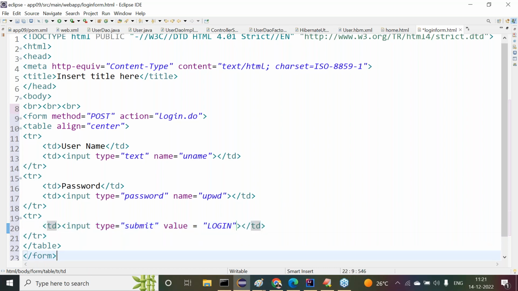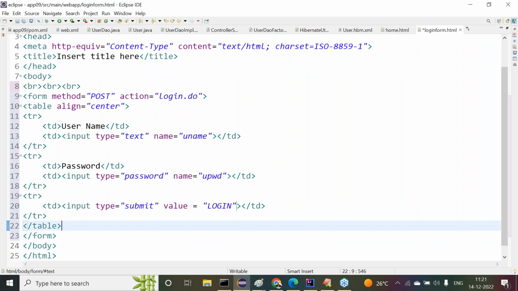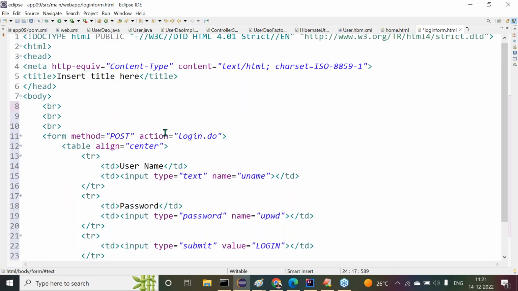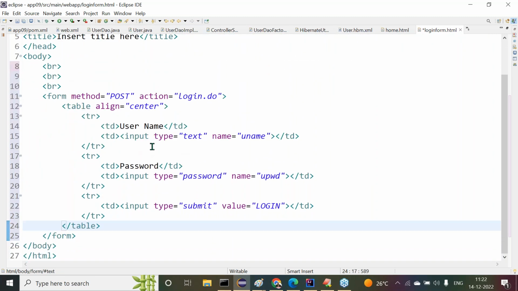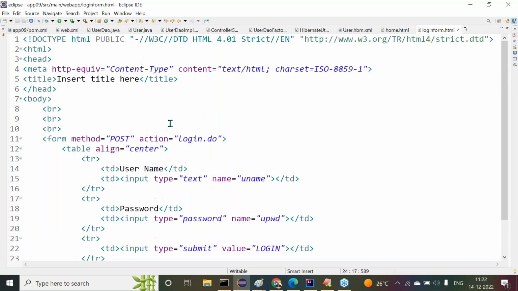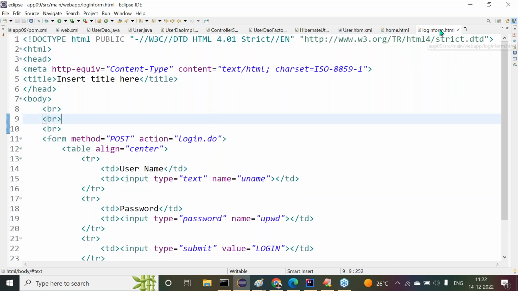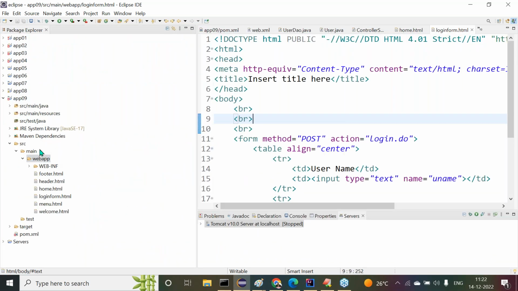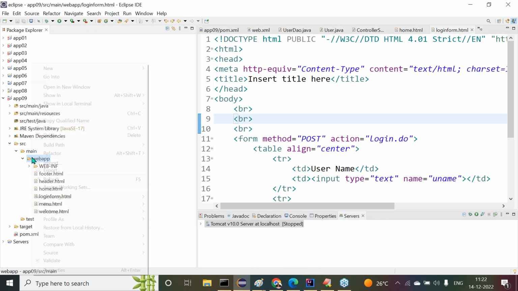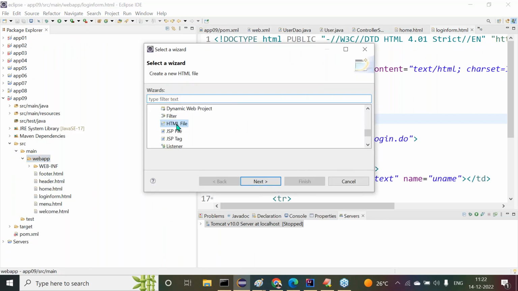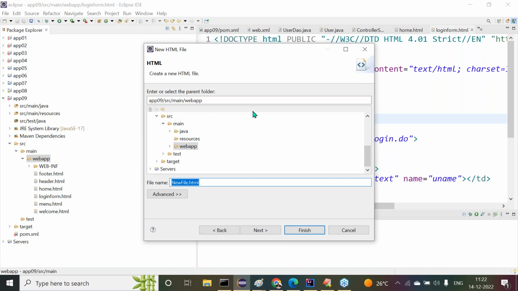That's all, guys. Now this is exactly the meaning of the HTML file, login form dot html. Similarly, let me copy this. I want to create the registration form dot html. Right click on this one, new, other, HTML file,